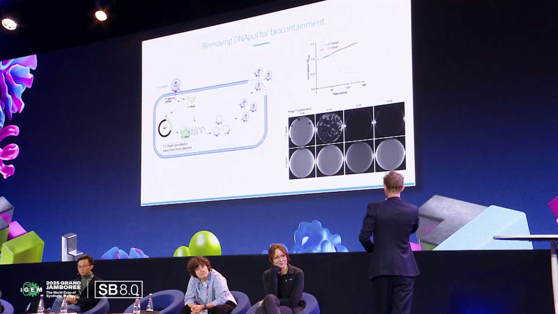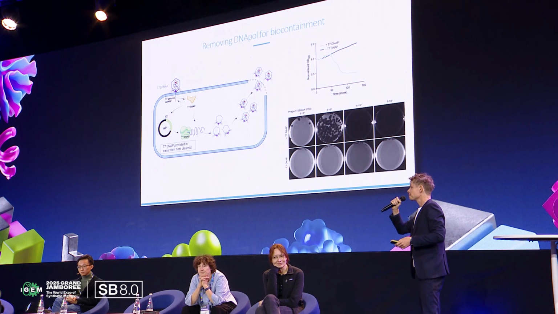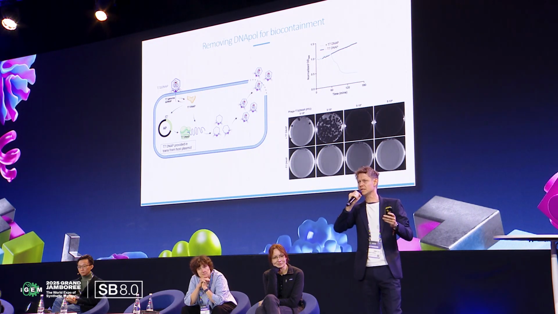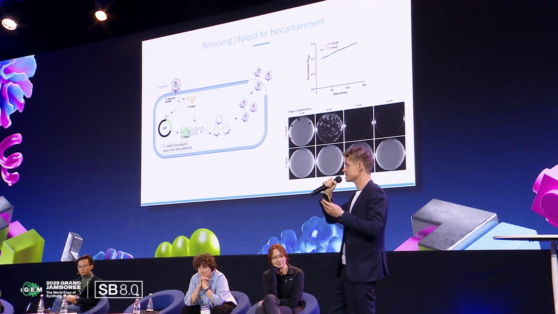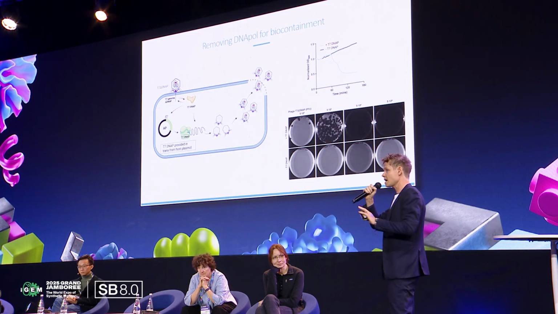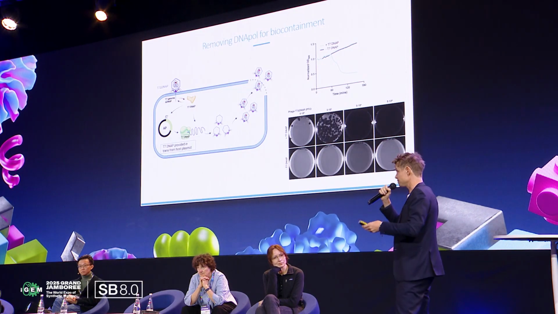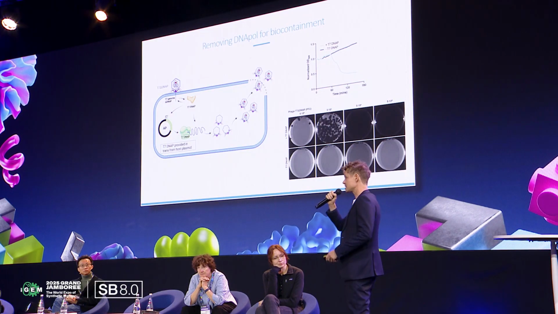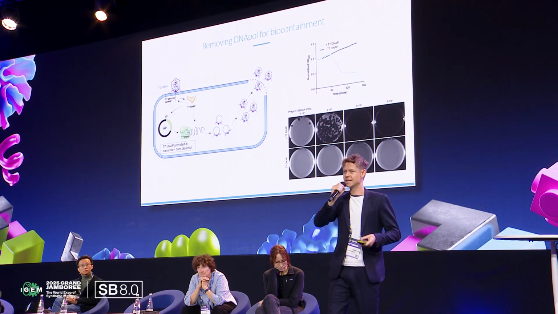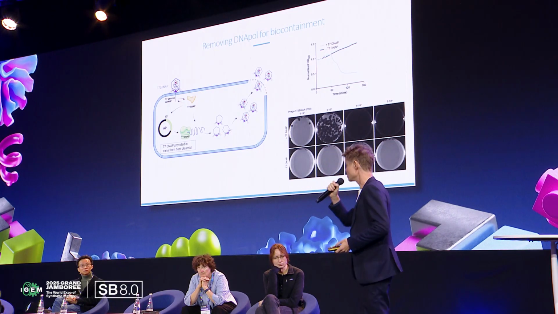The challenge now is we would like this to be continuous, and the phage is terribly lytic, so there's no continuation in this. So how do we solve that? Well, first of all, we were looking at biocontainment. So if we take the DNA polymerase out of the phage and we put it on a plasmid and we supply it in trans in the host, then we have complete control of the phage itself. You see here the process is exactly the same as before, except that the phage has been slightly disabled. It is not providing its own polymerase anymore.